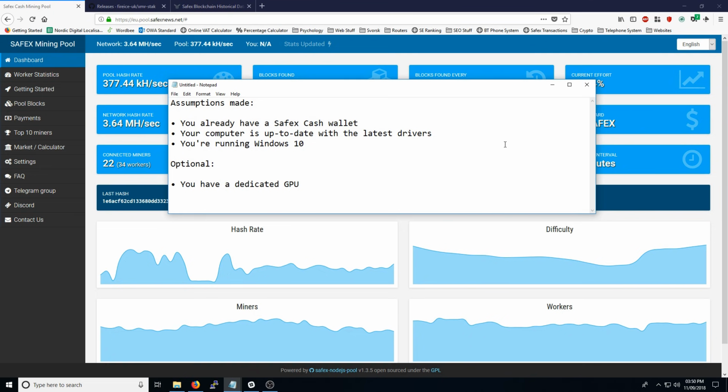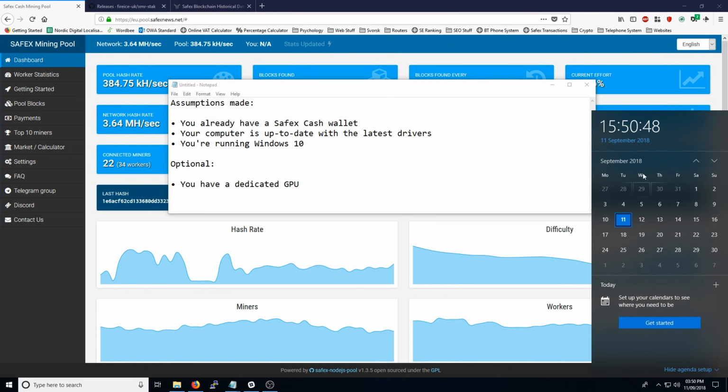So assumption one is that you already have a Safex Cash wallet. Now there is a big difference between the Safe Exchange coin, which is the older Bitcoin based placeholder coin, which you could buy on TradeStation directly on the Safex website. Just keep in mind that this video was recorded on the 11th of September 2018. If you're watching this anytime after September, most likely you're going to be more involved on the Safex Cash side of things with the new blockchain. But there is a big community that still have the existing Safex